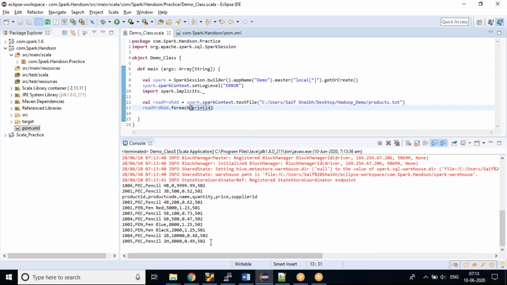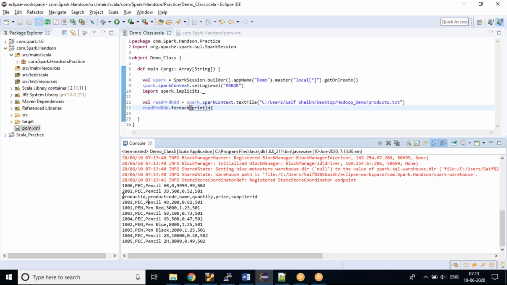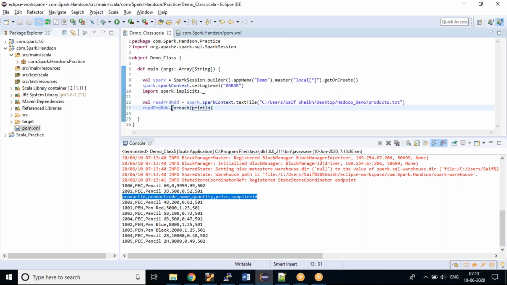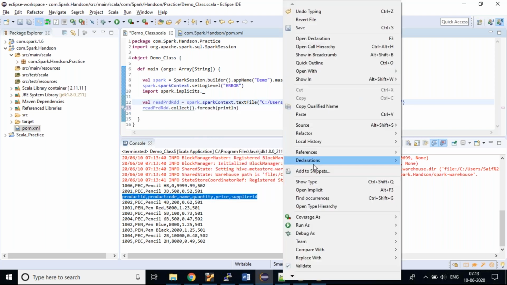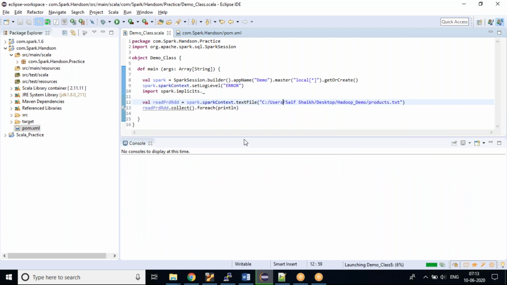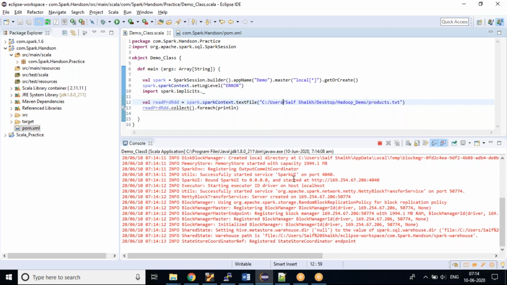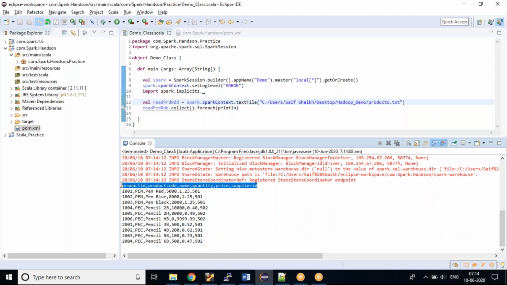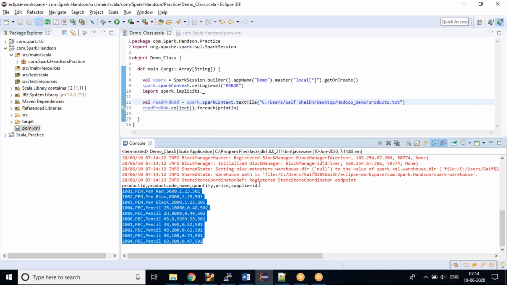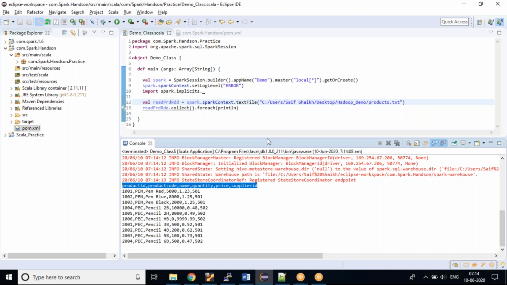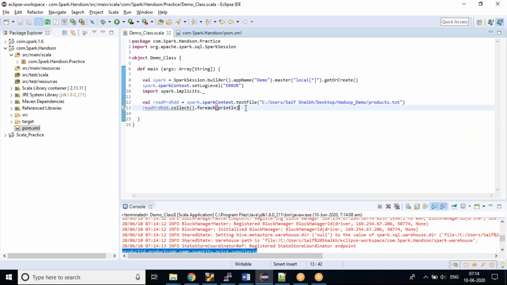So in between, this is the file and this is the header. Now this is not sorted, but if I write a collect method and run that again, it should be in a proper format. Again, it is building. This time it should not take much time. It's running now. Can you see my header is there and I have my data. So what I need to do is remove this header. Let's write a small code for that.